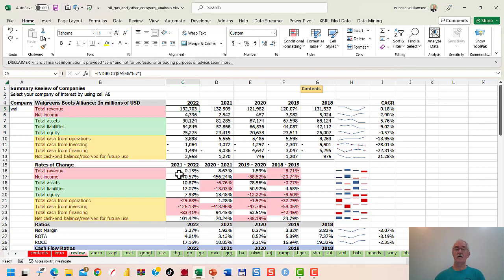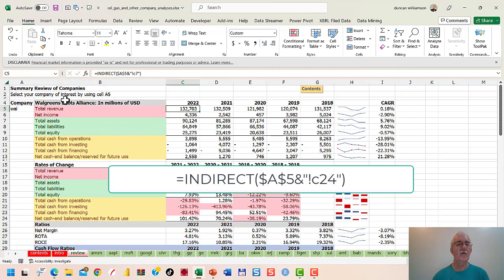And what it does is this. This is on the review sheet. I put the name of the company, the ticker symbol, WAL for Walgreen Boots Alliance. And what I tell it is, how do I go and get that data the easiest possible way from the Walgreen Boots data sheet? The answer is, I tell it, INDIRECT, go to A5,